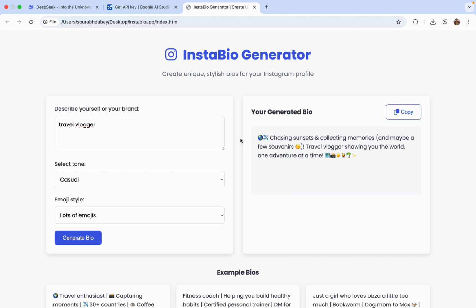You just need to publish that web tool and use AdSense or ads, and you can earn money with this. So this is the easiest way to create your own Insta bio generator web app with the help